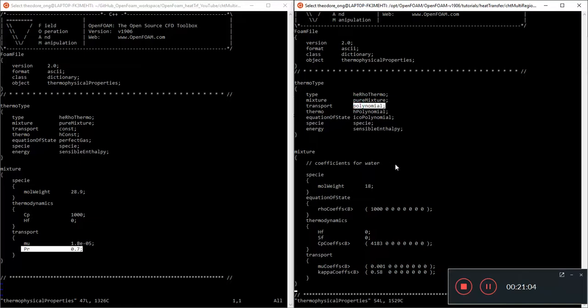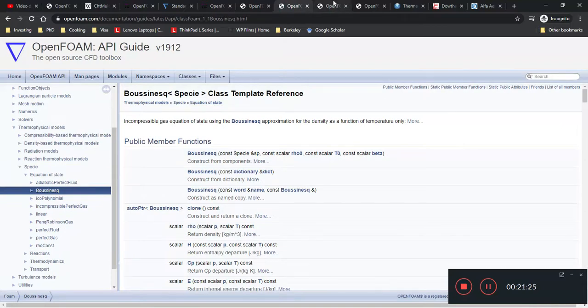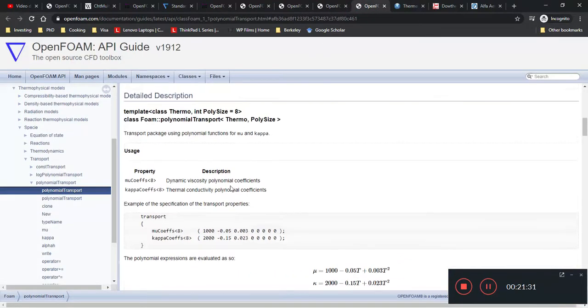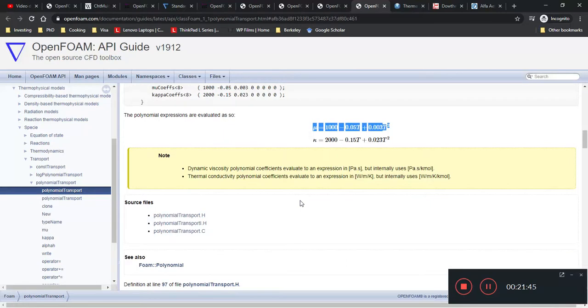What it means is that it doesn't just give you mu, which is the dynamic viscosity, as a constant. It can be expressed as a polynomial based on temperature. So what do I mean? Let's take a look here. Polynomial transport: this is a transport package using polynomial functions for mu and kappa. So mu is the dynamic viscosity. It can vary according to temperature. So the polynomial expressions are